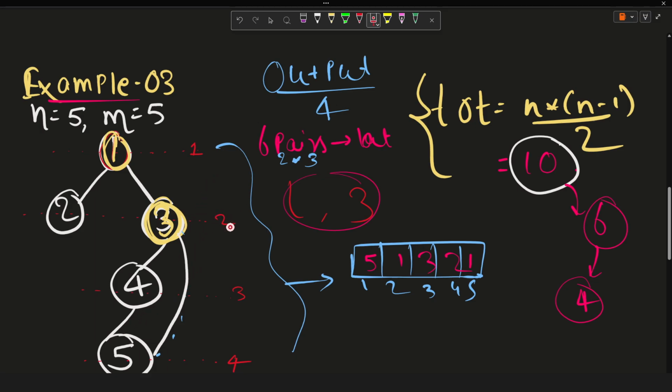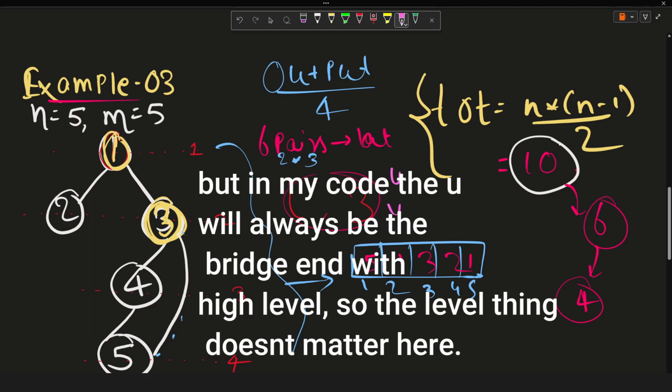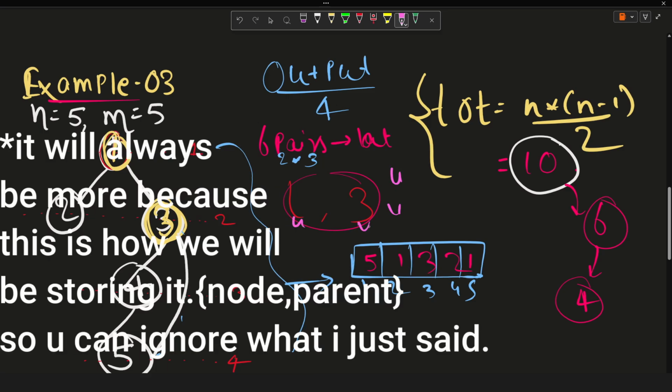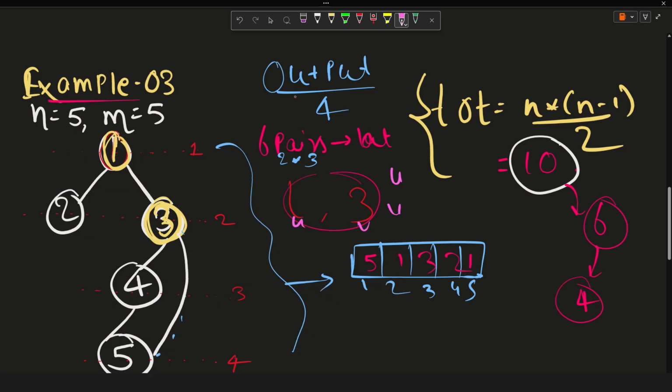So this level would help us understand, for a given pair of nodes, what is u and what is v. Suppose in whatever data structure we use to store every bridge, the first element would be treated as u and the second as v, right? It is possible that when we were storing our bridge, the level of u was more than the level of v, or rather the level of v was more than that of u. So here, this is our u and this is our v, and the level of 3 is more, that is the level of v is more than that of u. And since we wanted to calculate the subtree size for this,